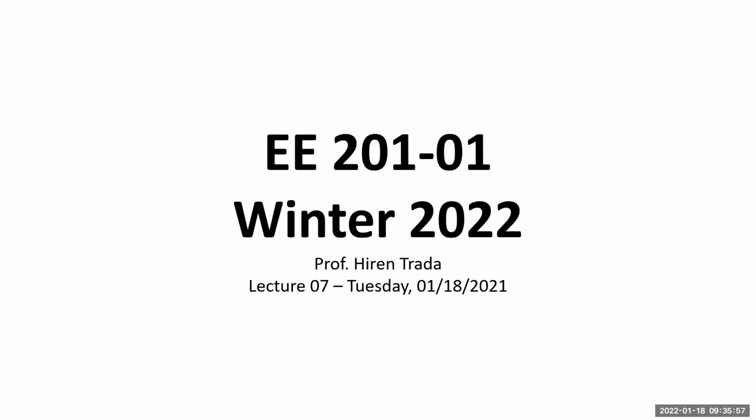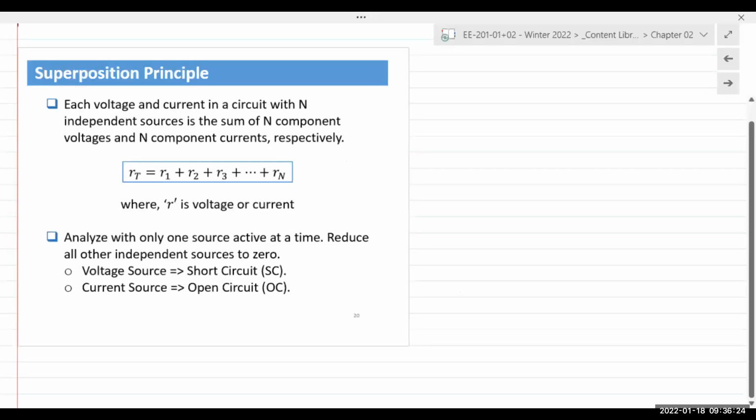Now, the series parallel equivalence technique that we learned assumes that the network of resistors is reducible. Oftentimes, there are circuit networks comprised of resistors that you cannot reduce to a single resistance, and so this technique cannot be used for those kinds of circuits. For those circuits, we use the techniques known as node voltage analysis and mesh current analysis. We will learn about those techniques, but before that, I want to talk about the third technique, which is